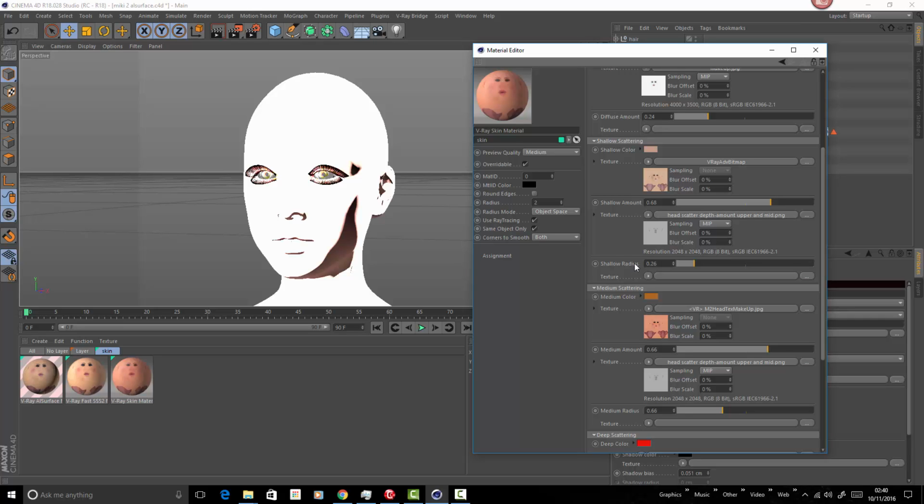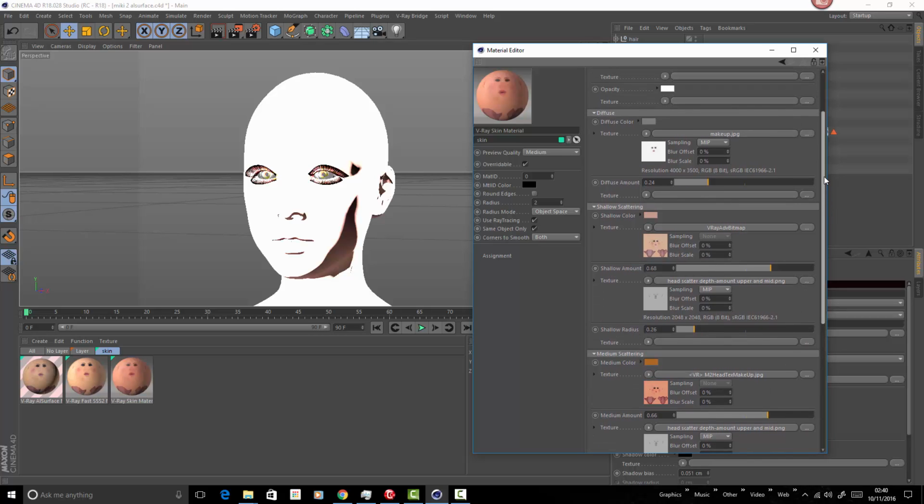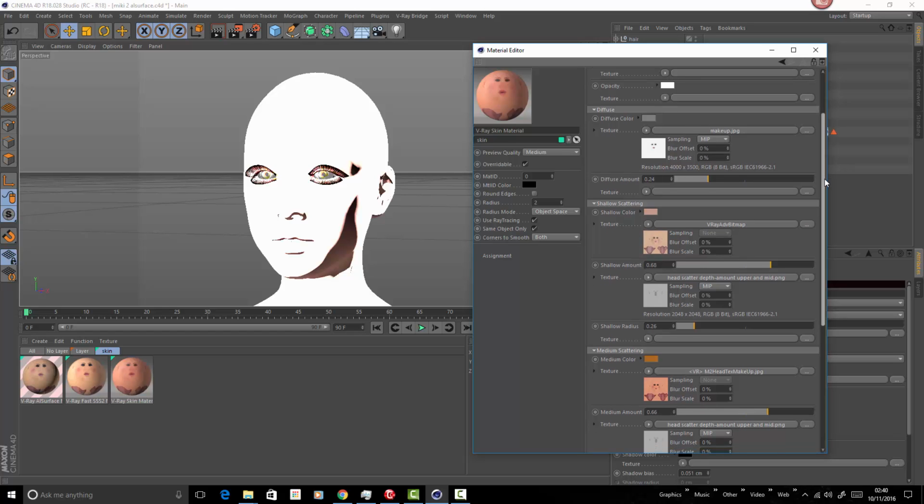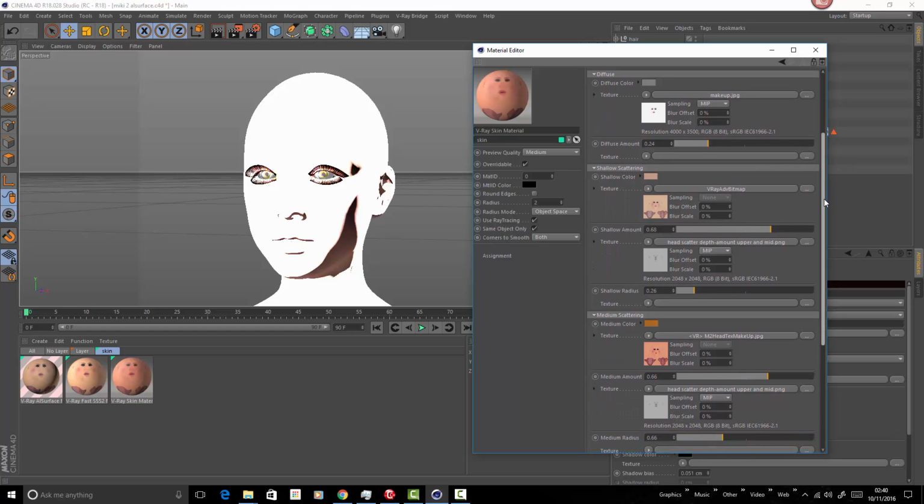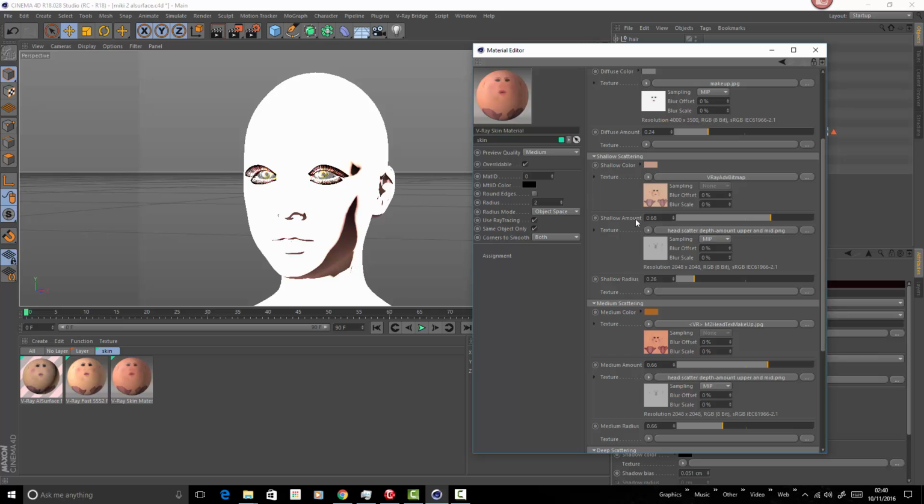See there, because the other colors would just dominate it. It would just come through way too much. So the shallow amount was quite high. The medium amount was lower. You can see here we got 0.68, 66,